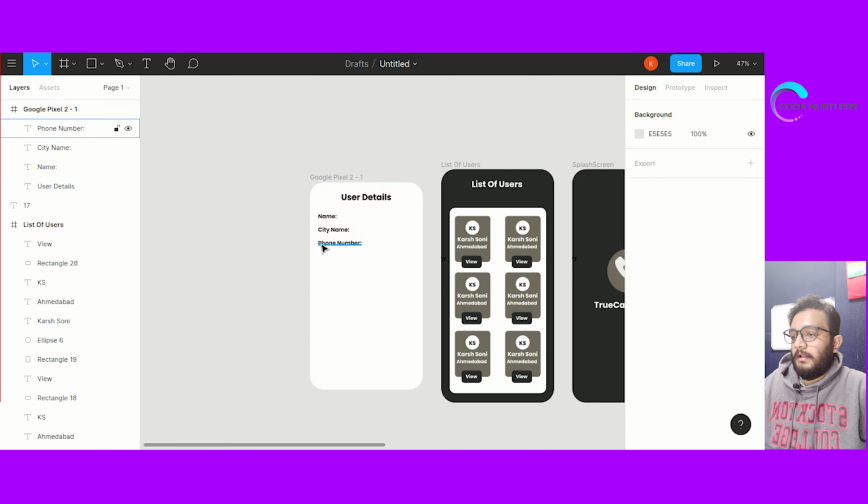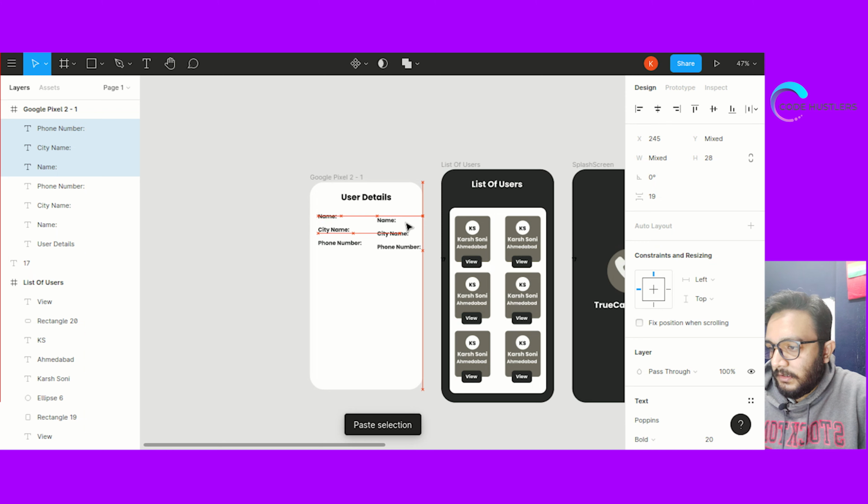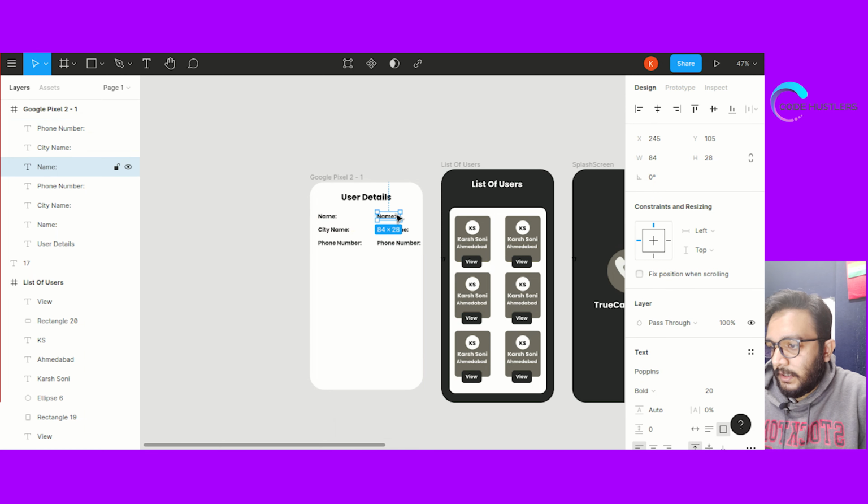So that's it. Now we'll show the relevant information on the other side. We'll just copy all of these, put it in a line.